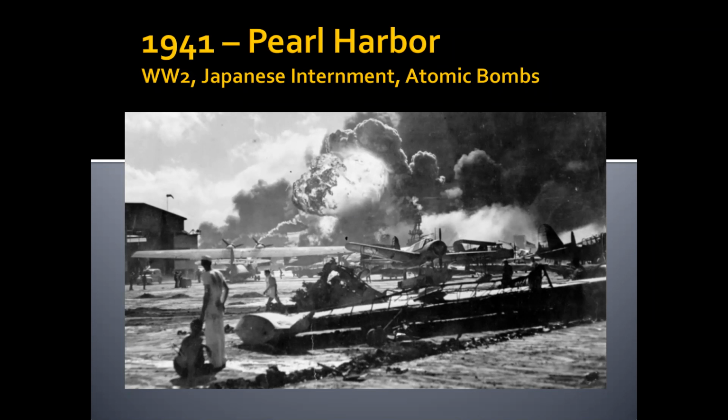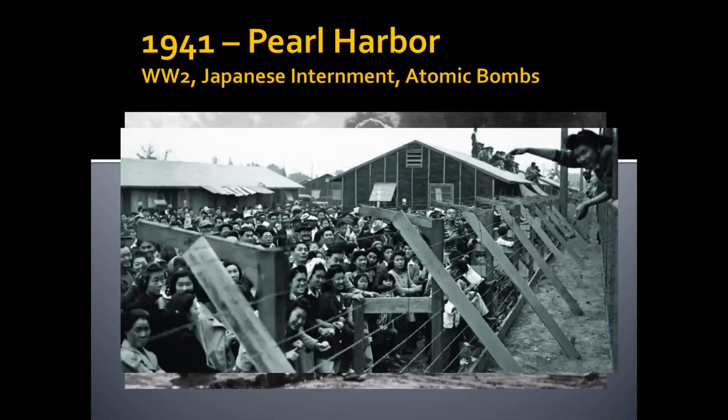During World War II, we see a lot of societal change. One of those societal changes is the Japanese internment. Through Executive Order 9066, FDR declares that all citizens of Japanese ancestry, so not just Japanese immigrants, but also the children and grandchildren of Japanese immigrants, are interned in internment camps along the West Coast. So in theory, somebody could have been a second or third generation American and still been subject to this.